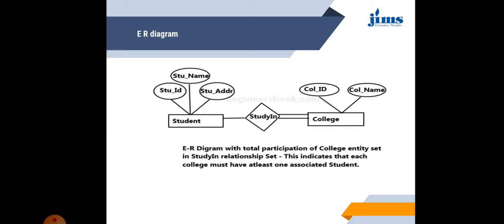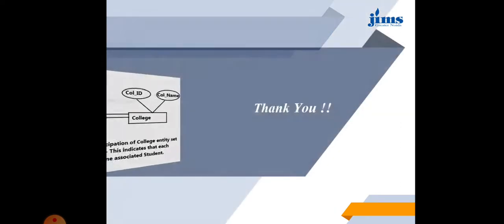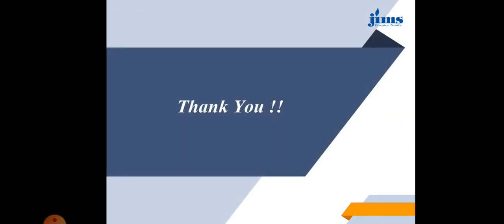So that's all about the ER diagram. In this lecture we have studied what an ER diagram is. In an ER diagram there will be an entity set, attribute and relation. These 4 things are there, and we know that an entity can be represented with the help of a rectangle. Any person or any object which we want to represent is known as the entity, and it can be represented by a rectangle box.